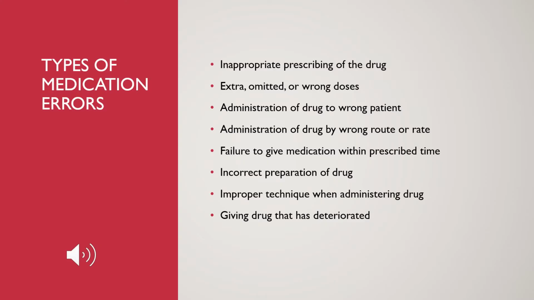This is certainly not an all-encompassing list. You possibly will see different or more medication error types, but just to give you some examples: when a medication is inappropriately prescribed, if a patient got an extra dose of the medication, or if the medication was missed, if the medication was given to the wrong patient, administration of the drug by the wrong route or rate, failure to give medication within the prescribed time, incorrectly preparing the drug, improperly giving the drug,